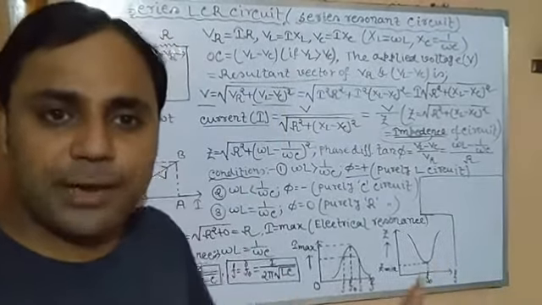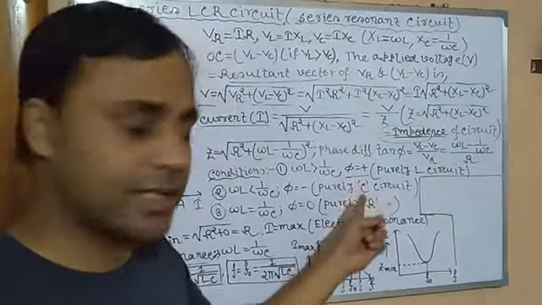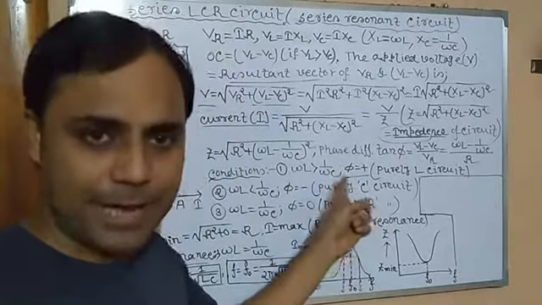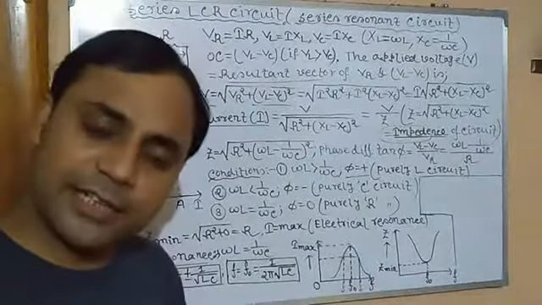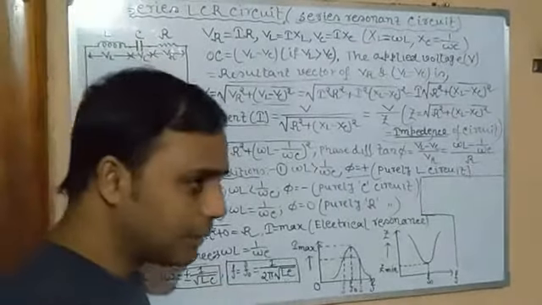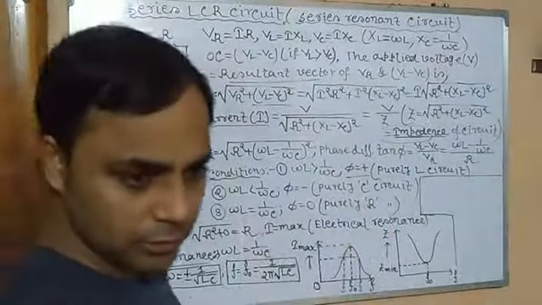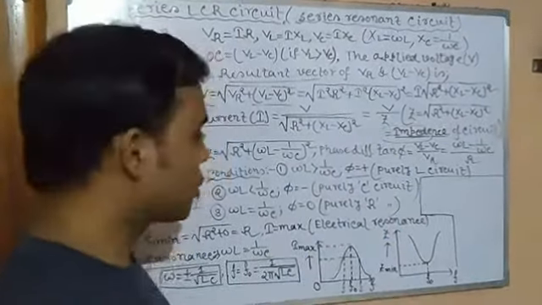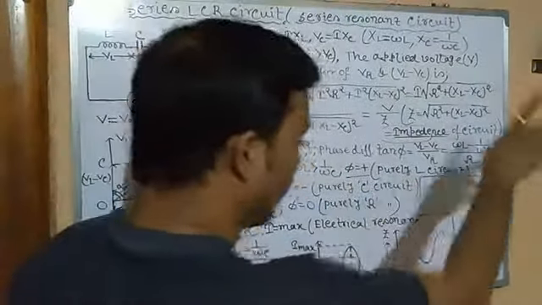So the phase difference makes the voltage ahead. This is the equation. This plus phi is in the expression of the resultant AC voltage. So here voltage will be ahead by plus phi as compared to current. So when voltage is ahead, this is a purely inductive circuit, a pure L circuit.